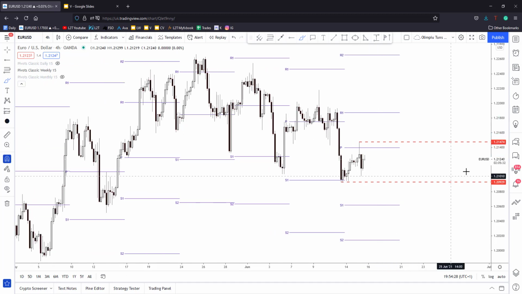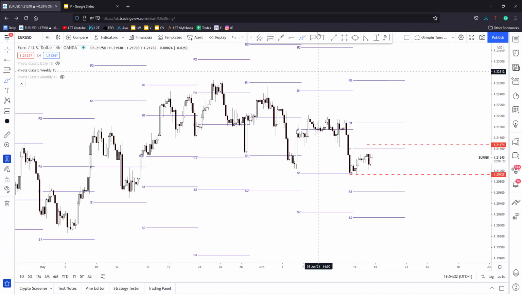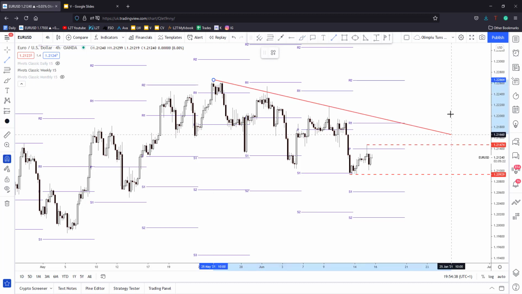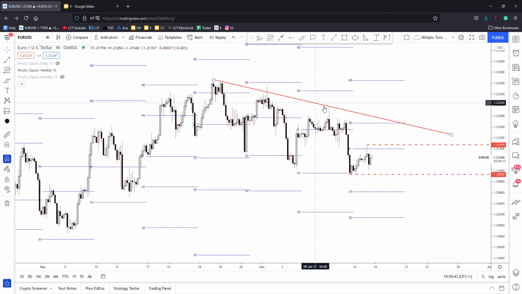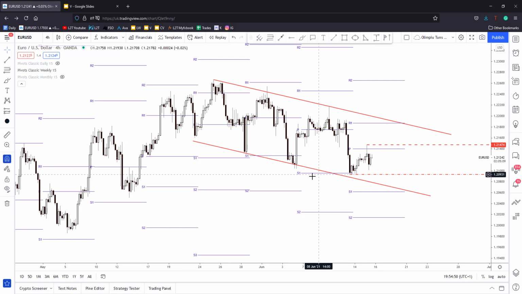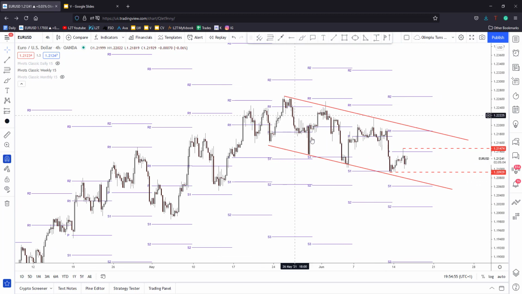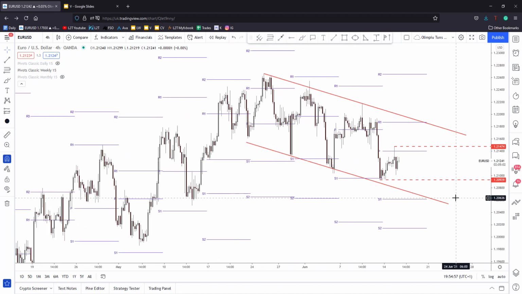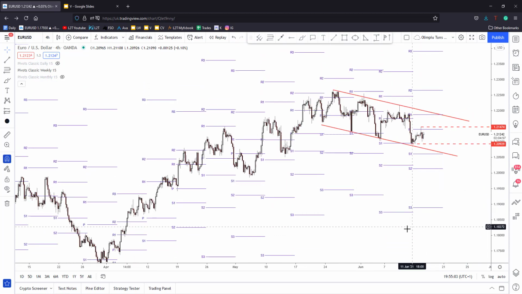All right, and here as well it is very important to use other tools. Let's maybe identify something like a down channel, because it's very important to understand what we have here, to understand the price action. So here we had an uptrend. This is a temporary correction right now here. I will also use again the Fibonacci retracement,